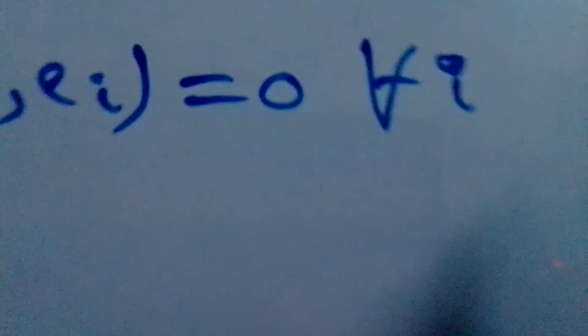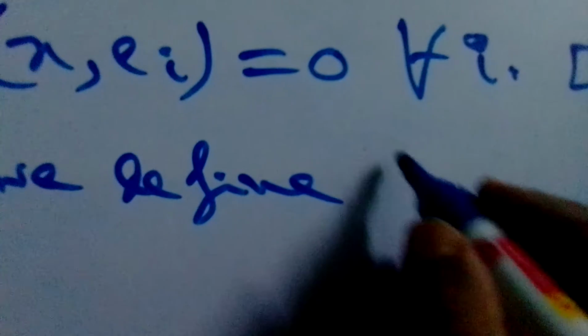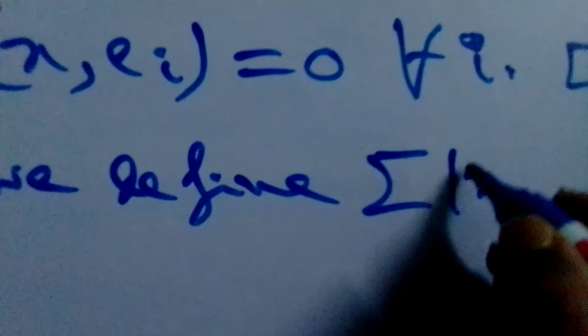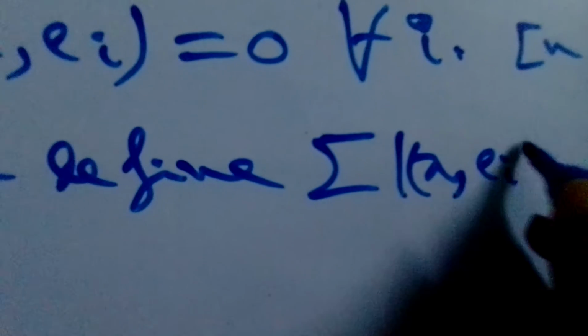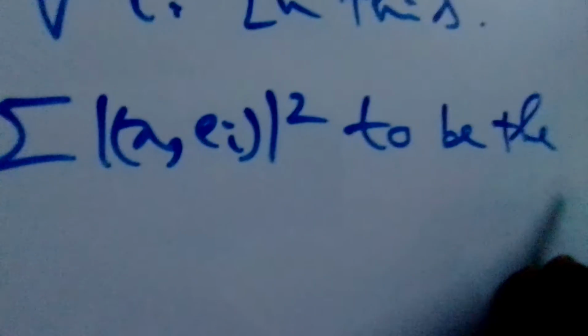In this case we define the summation of mod of x dot e_i whole square to be the number 0,